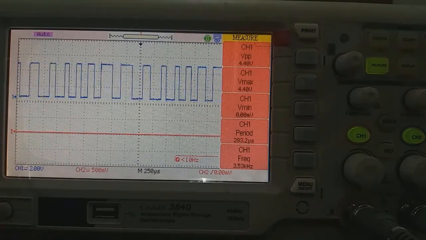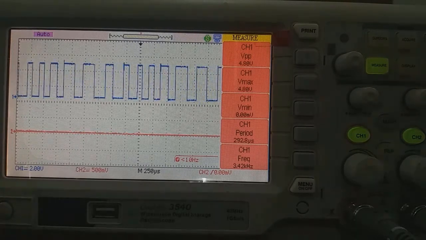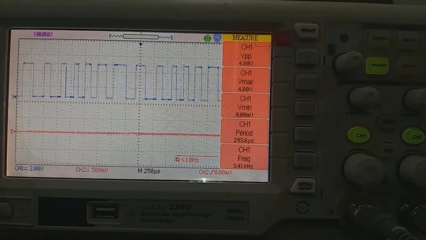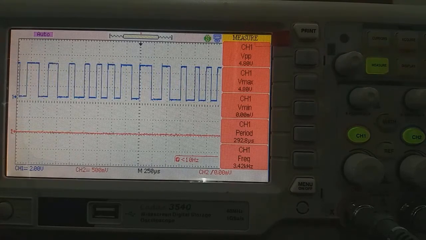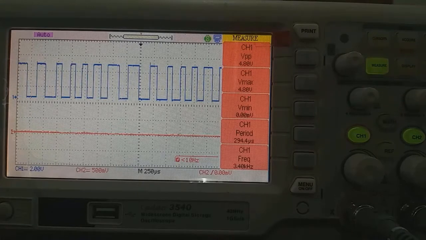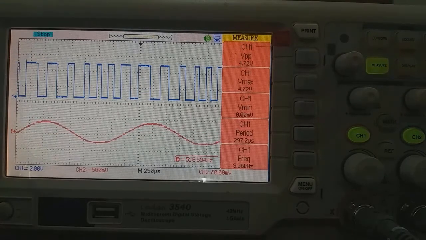Now see the change in the width of the pulses. Width of the pulses is changed according to the instantaneous variation of modulating signal. Now as a reference, I connect the modulating signal to the channel number 2 of the CRO. See the output.